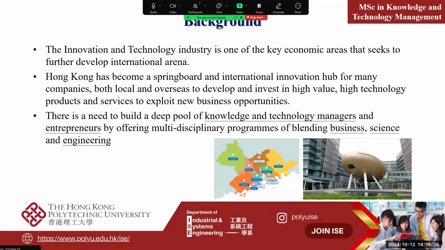This combined into one program is a very important thing to equip students with true professional knowledge, so they can work in industry in the future. I think one of the very important things is that if you are aiming to become a professional in the field of managing innovation, technology and knowledge in a company, this is a very important program for helping you to develop your career.